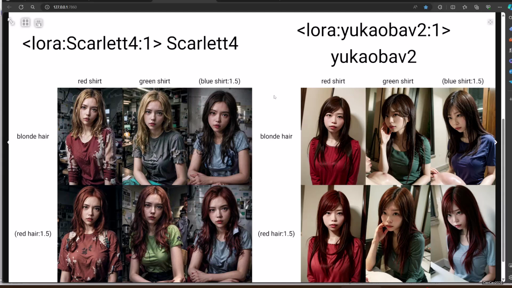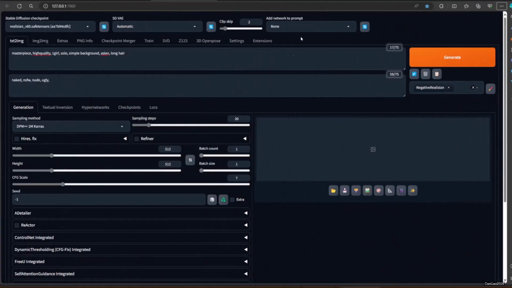Prompt S/R Search Replace is another fantastic tool for refining your prompts. It allows you to easily search for specific words or phrases within your prompt and replace them with different options. Here is an example using one axis, that is X. We use long hair as a key and then replace it with other hairstyles.